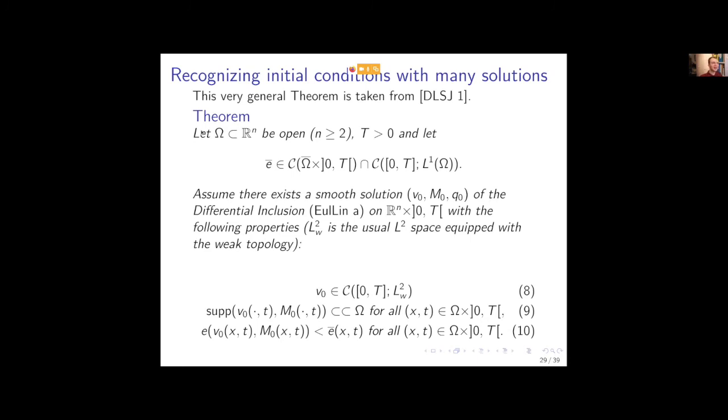So if you take any open set in Rn, and it has to be at least 2, and you fix a time t bigger than 0, right? So omega is now the space domain, and t will fix the time domain. And you take any function e bar that is continuous in this sense here. So it's continuous inside of that domain, and